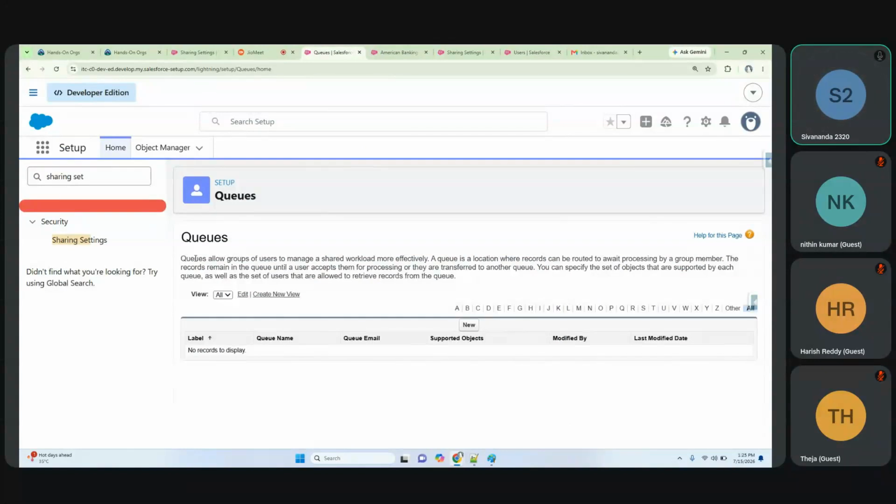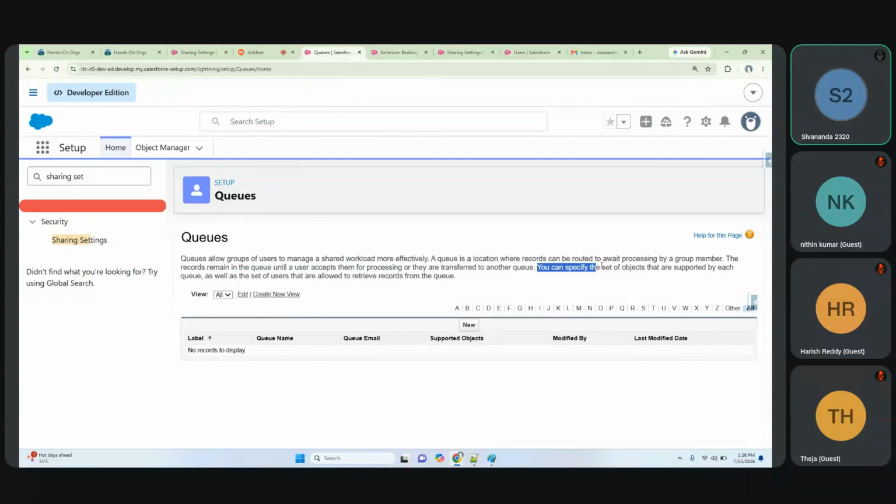For example, if a new case, a customer complaint, is raised, I can directly assign it to a particular user or directly assign it to a particular queue. So for example, I have a queue called all the IT admin. I will add all the users from the IT admin to the queue. When any new case is raised, instead of assigning it to a single user, I will assign it to the public group. Then whoever is free can accept that case from the queue to their name. Now let's focus on